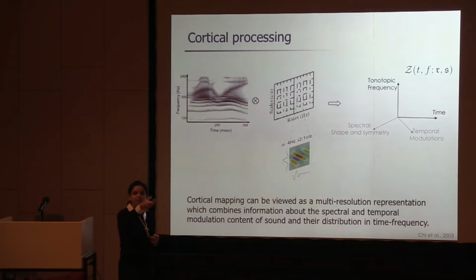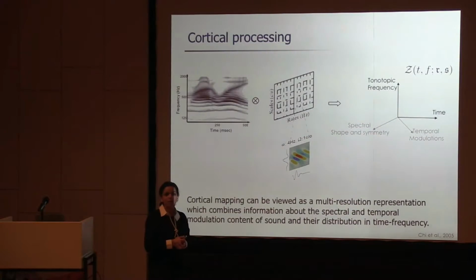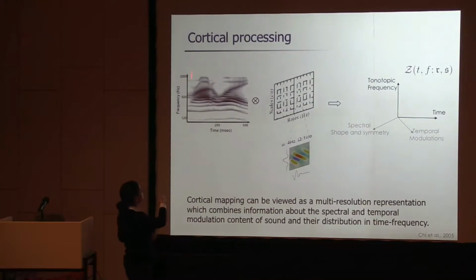So this would be the analogous point that you were commenting on. Instead of taking just a 2D Fourier transform of that, it's taking that and convolving it through each of these filters, so now it knows something about the modulations in time and frequency, but also where they are in the time-frequency domain. So this idea of the brain mapping the sound onto a high-dimensional space is very interesting because